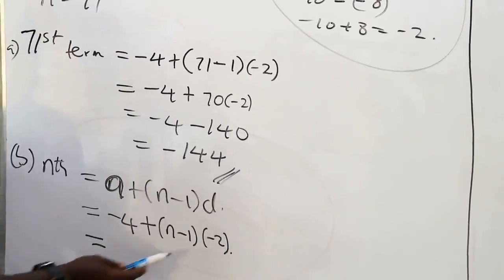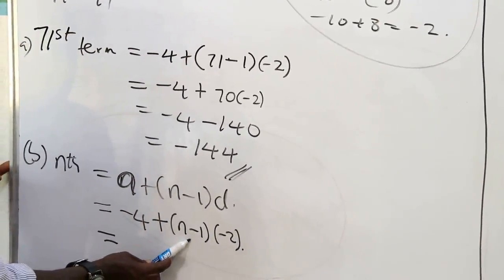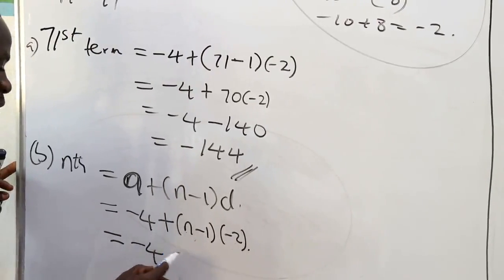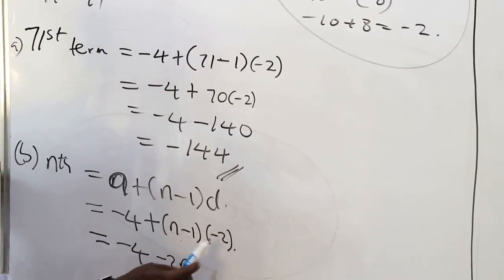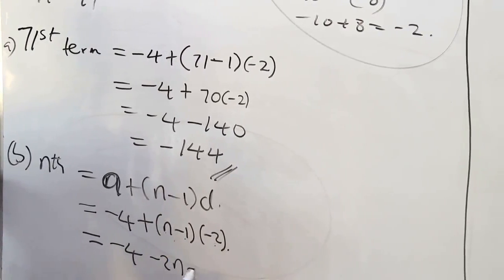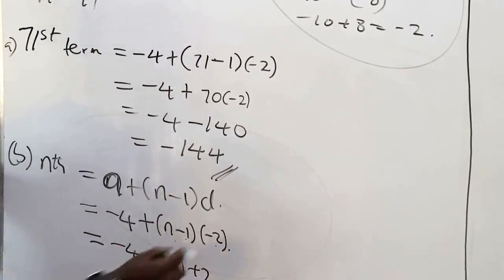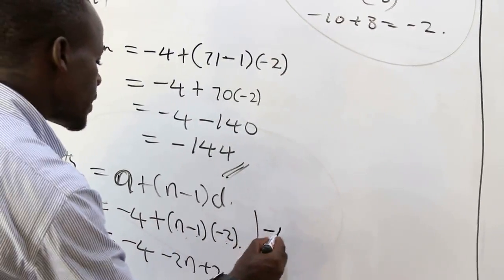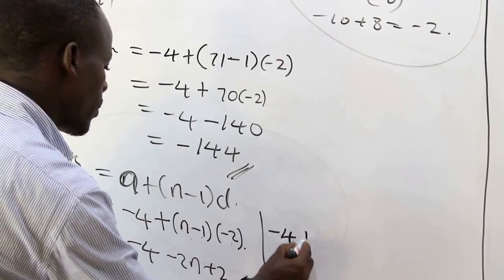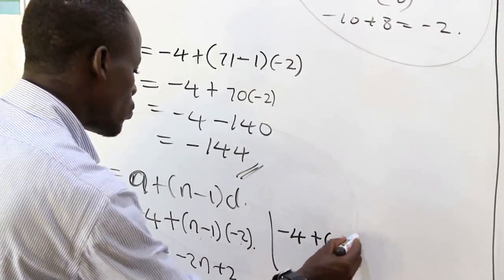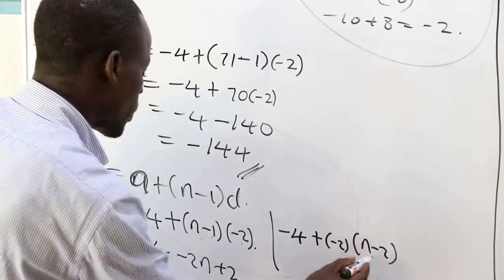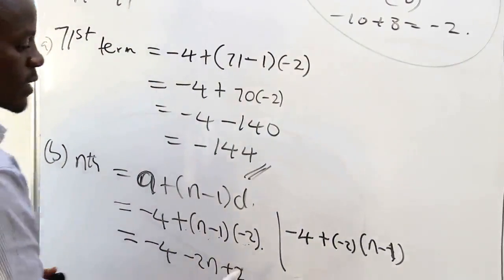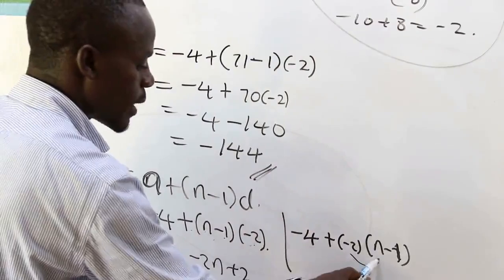So you now see, we will use this minus 2 to open up this bracket, and that will be minus 4. Minus 2 times n will give us minus 2n. Minus 2 times minus 1 will give us plus 2. Please take note, what we have here is equivalent to me writing it like this: minus 4 plus (n minus 1) times minus 2. That is, if I just bring this before here, so that we'll just use it to open this bracket,